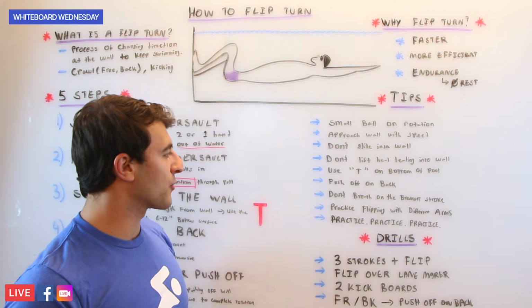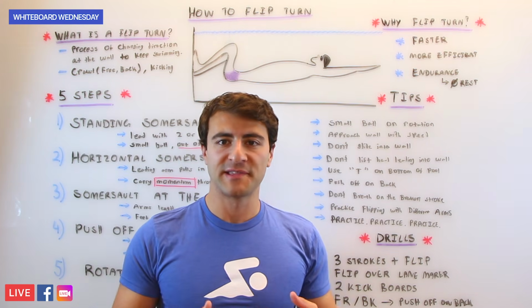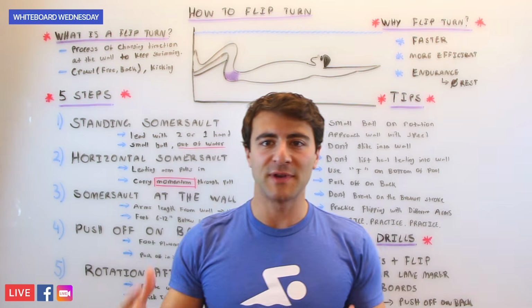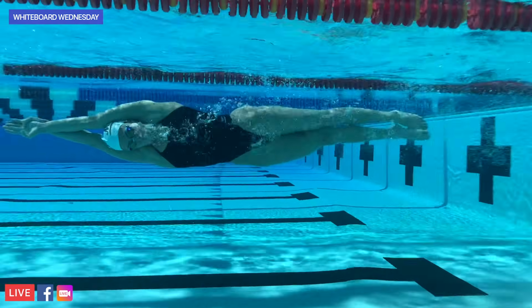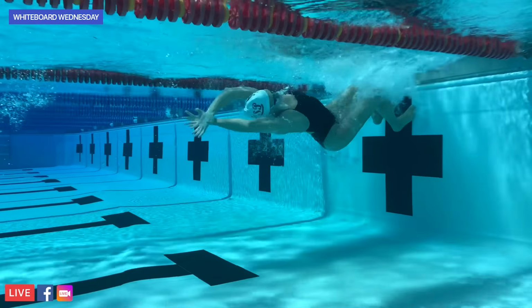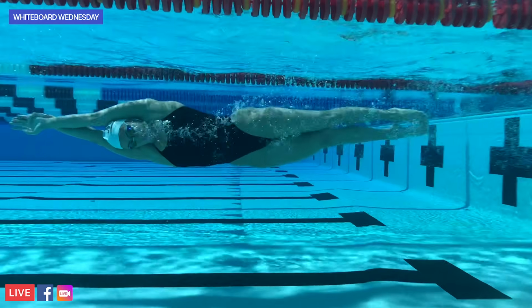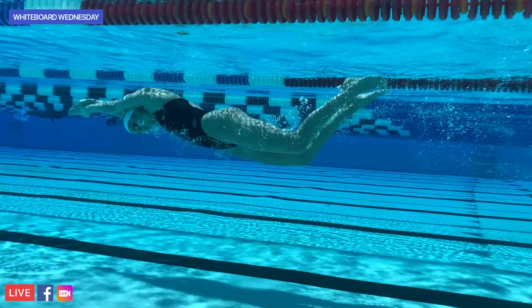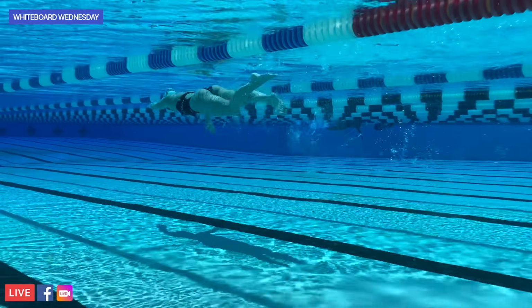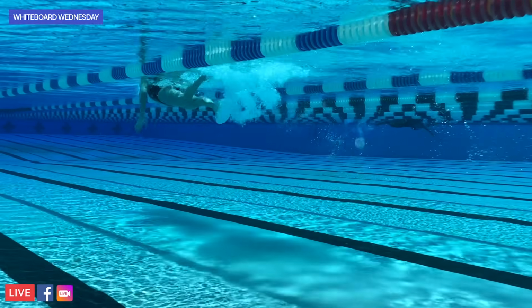Another tip is don't breathe on the breakout stroke. So you push off the wall in streamline, you have great kicks, but you need oxygen, you need air. I empathize with you. However, it's going to slow you down because you have the most speed when you push off the wall. If you take a breath, you're actually going to slow yourself down. So it's hard at the beginning, but as you aerobically condition your body, not breathing on the breakout stroke will become much, much easier.